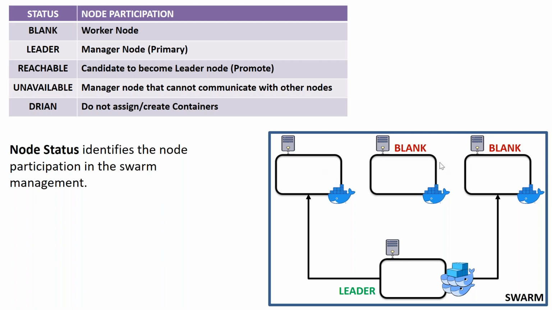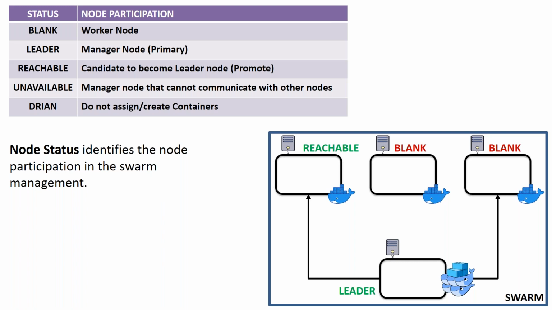So now if you take any of the workers and promote that worker to act as a manager when it is needed, then the status of that manager or that machine will be reachable. Reachable means that at any point of time, this machine can become a manager if the leader is not available. So when you're trying to create a cluster, we need to understand that you cannot always have one manager,